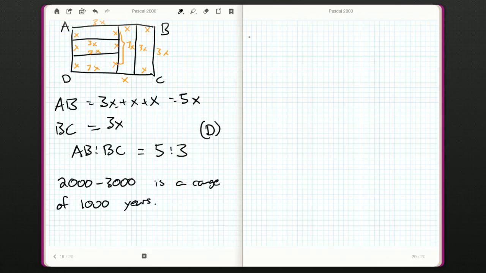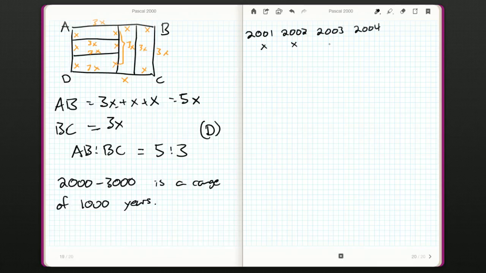So starting at the year 2000, actually, let's start at the year 2001. The year 2000 is a special case, I think, so we'll just keep going like this. Not a leap year, not a leap year, not a leap year, leap year, not a leap year. We can keep going like this because none of these are going to be divisible by 100 until we get to 2099. That's not a leap year. 2100. Well, that is a leap year.